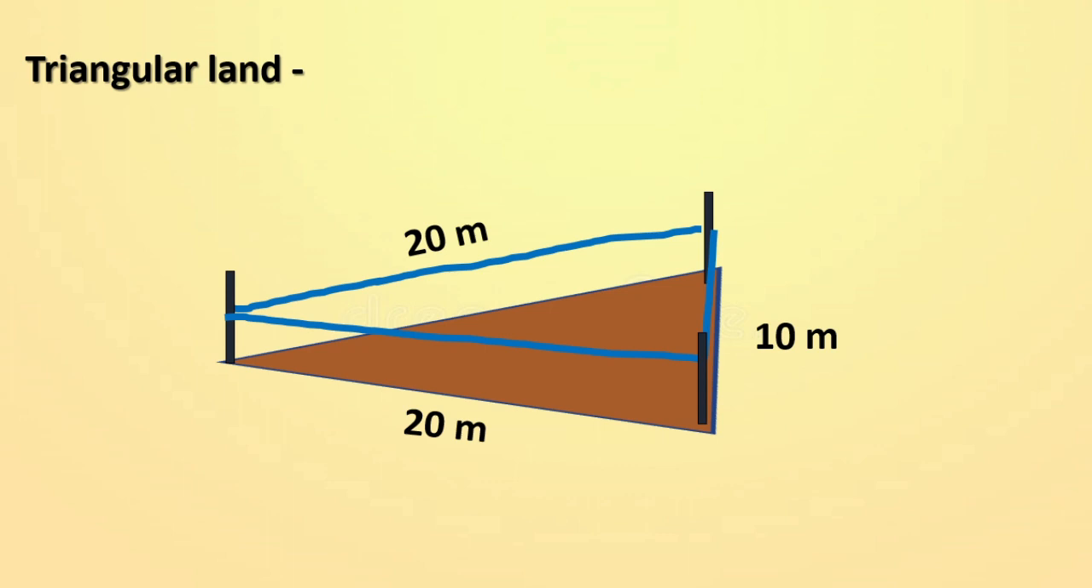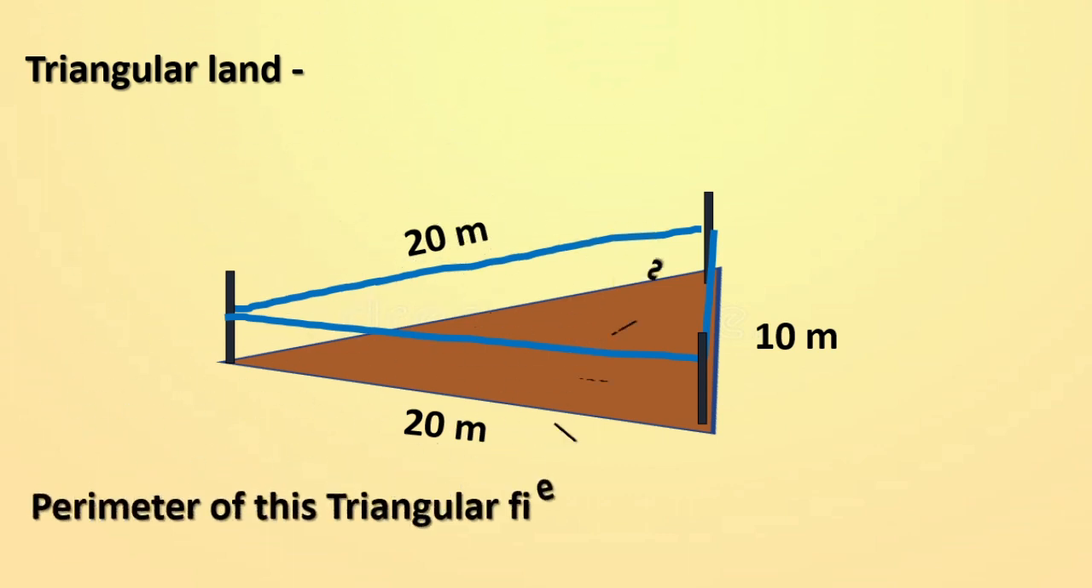Come on dear children, tell me the perimeter of this triangular land. Yes, tell me. You are right. 20 plus 10 plus 20. It is very easy to find out the perimeter. Only we have to add the lengths of the sides. It has three sides, so we are adding all the three sides. That is 20 plus 10 plus 20 is nothing but